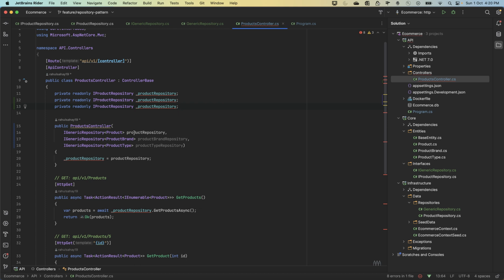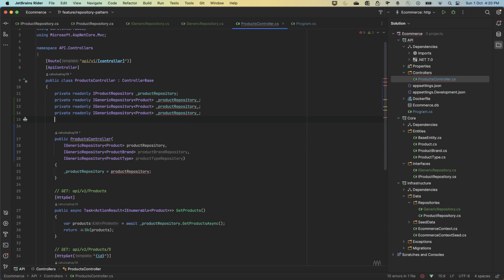So what we can do is just duplicate this one, and in that case let's say this iGeneric repository of product first of all. And now in the same fashion, let's duplicate this and again duplicate, let's get rid of this, and here we are going to have product type, and here we are going to have product brand. Something is wrong with IntelliSense, looks like I need to write the entire thing, that is not good. And let's have this product brand here, and this product brand is coming,